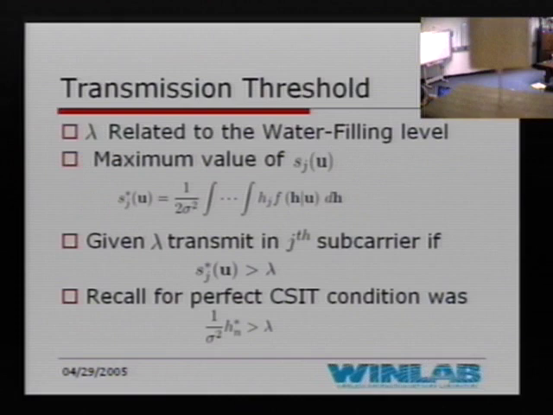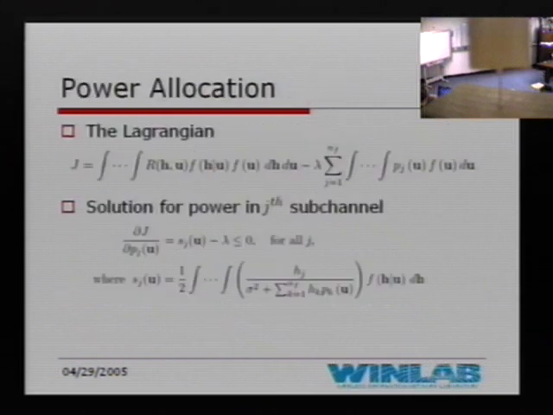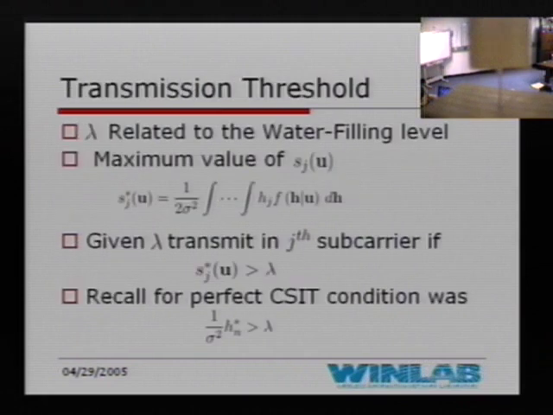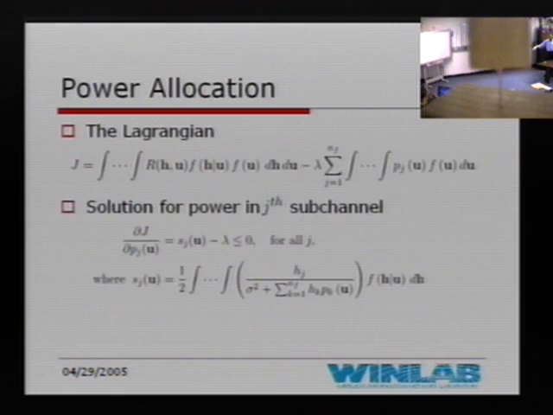We can't really get much intuition from this equation, so this perhaps will make it more clear. If you remember, lambda, which I had over here, is related to the water filling level. For the case of perfect channel state information at the transmitter, 1 over lambda was the water filling level, but in this case I just say that lambda is related somehow to the inverse of the water filling level. This I call the effective subchannel seen at the receiver j. The maximum value of this quantity is got by setting the power values to 0.